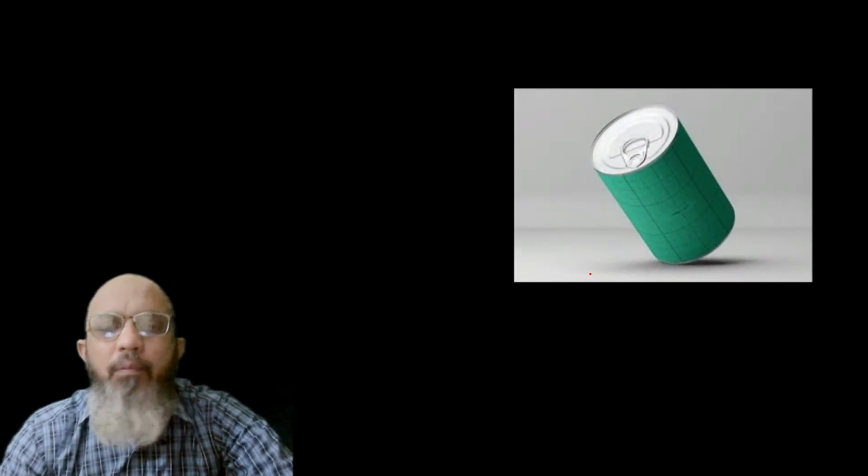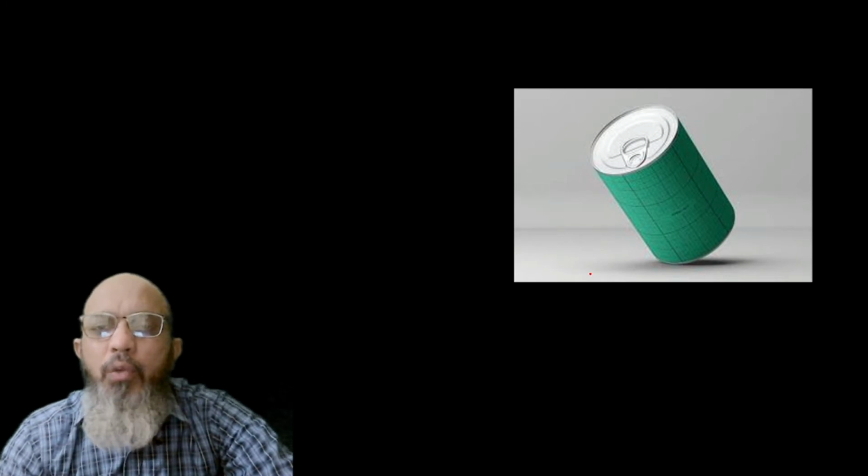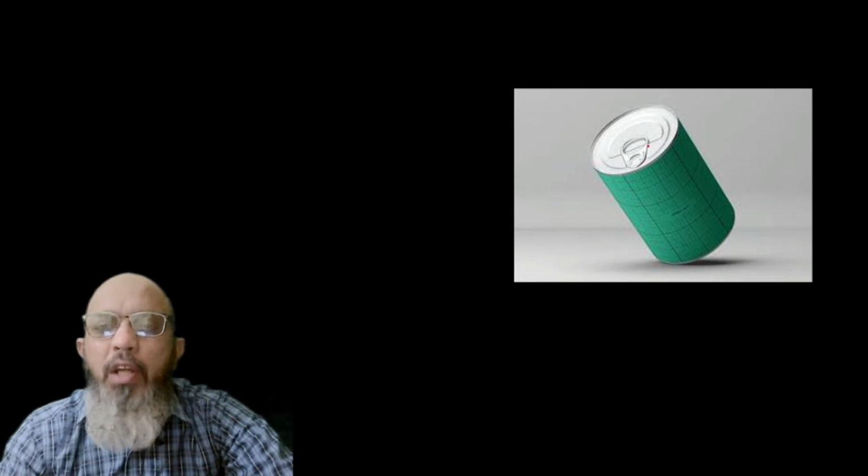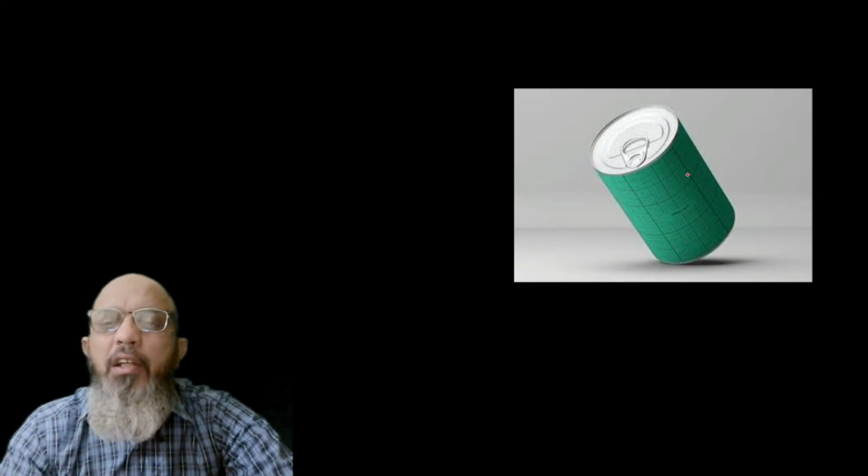Further we will discuss it later. What is this? That is your tin. You like to take drinks in a tin. Pepsi, Coke, different types of tins are available in the market. So what kind of shape? Don't look at it as a tin, just think about its shape. We will discuss it later.